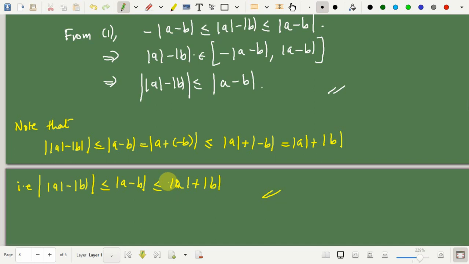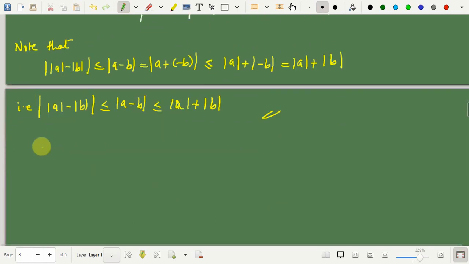Okay. So, before I proceed, we have two remarks or two observations which in fact I have stated in the first class. One can think of mod of (A minus B) as the distance between A and B, and that would be the same as saying the length of the open interval A comma B, or B comma A, depending on which one is greater. So, this denotes the distance between